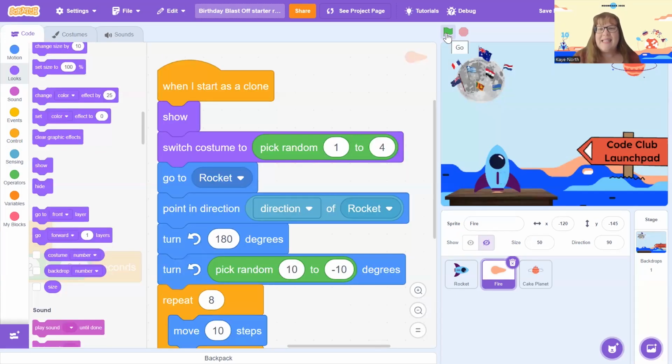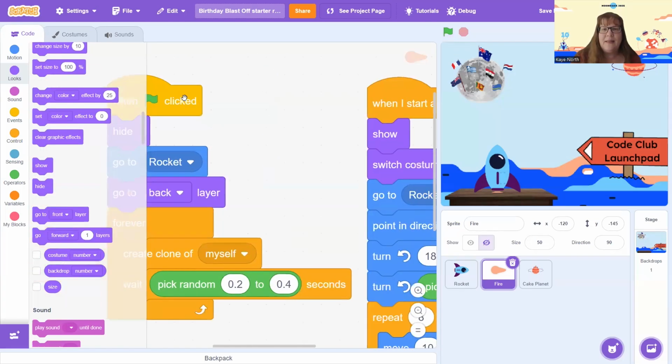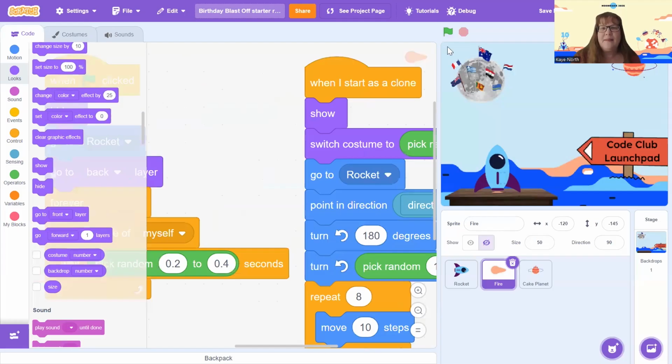Let's test and see how our fire goes. I'm just going to run this code block here. I've got my fire building. Fantastic. It's exactly what I want to have happen. So now if I run my whole code,